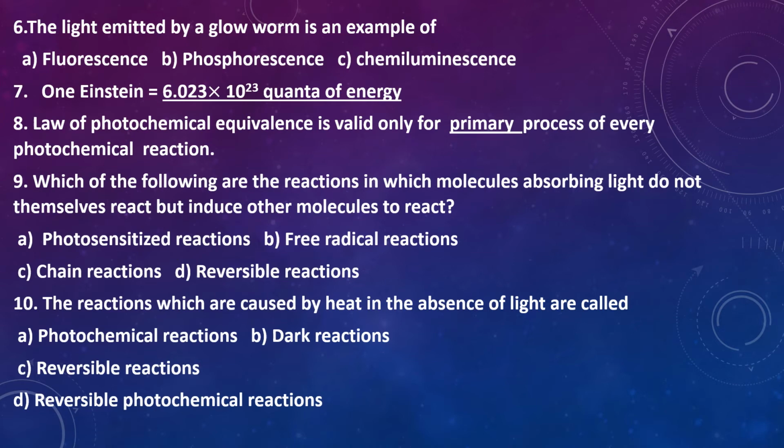You all know photochemical reactions take place in 2 stages, primary process and secondary process, and only the primary process obeys the second law of photochemical equivalence, and also you know that phi value is equal to 1 for primary process. So in the blank you are supposed to write primary process.